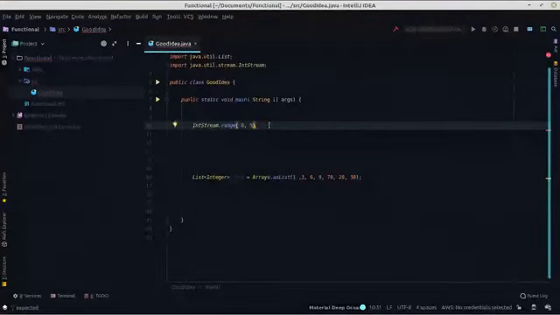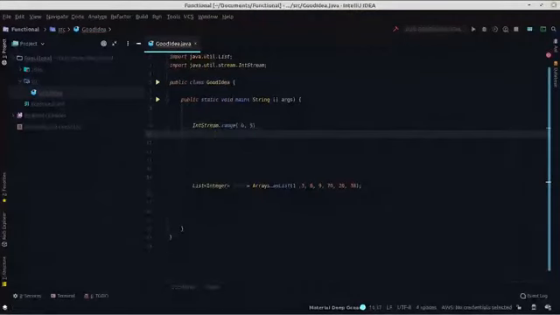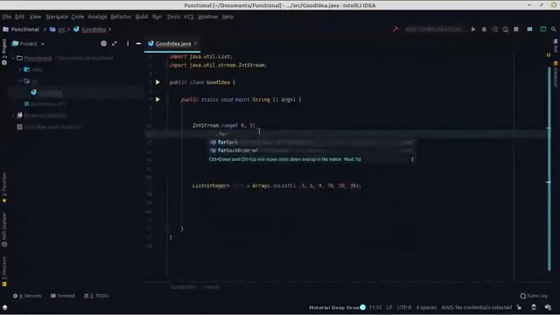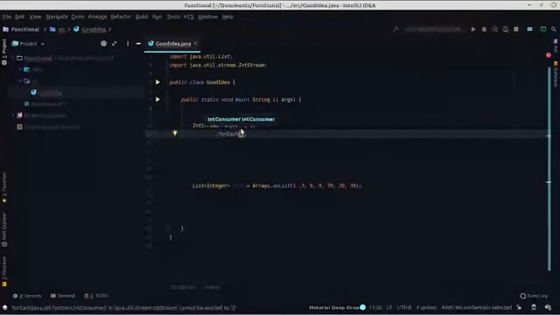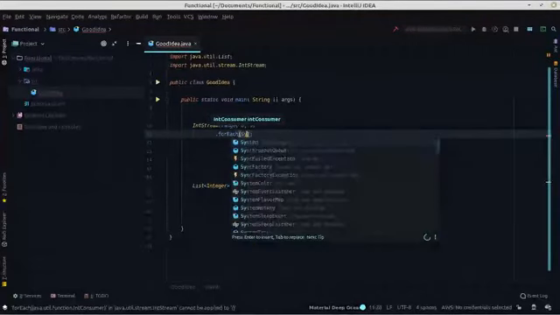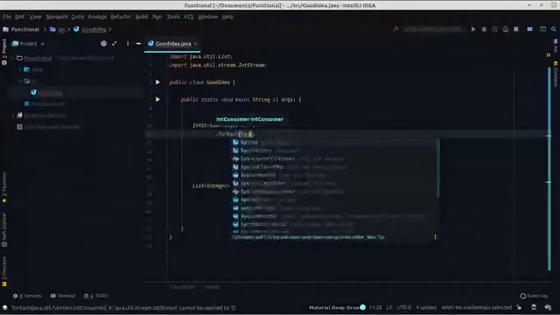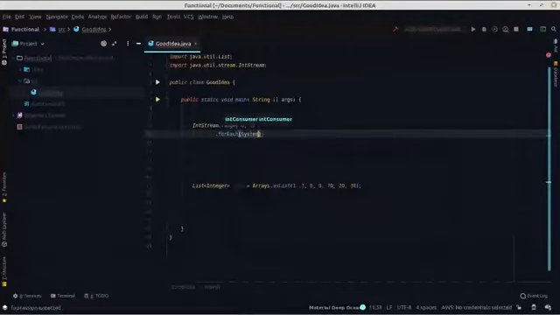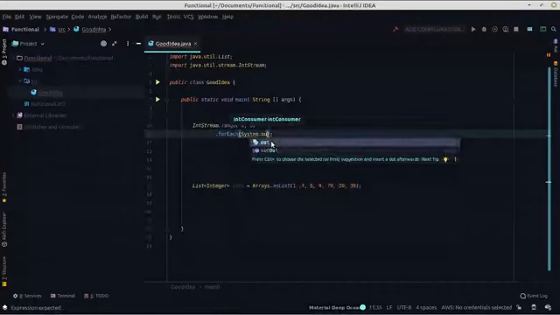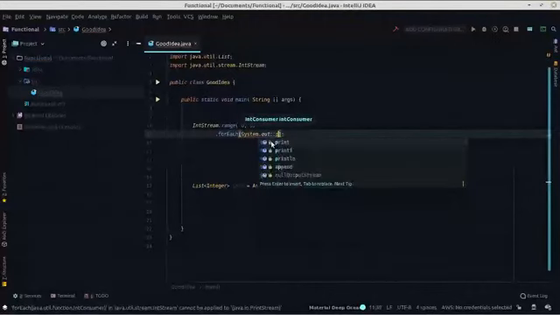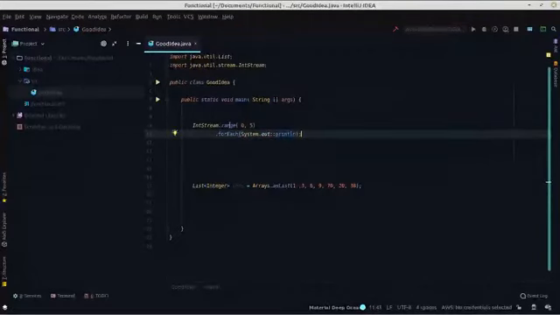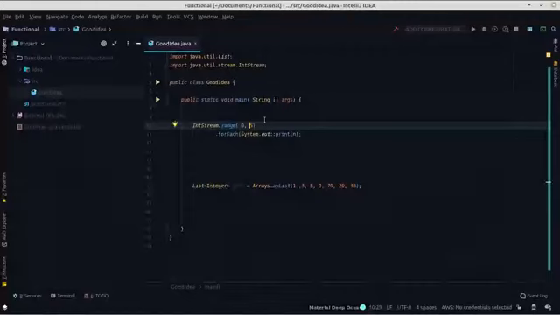Or you can give it in a number. We had 0 to 5. Then we can say dot for each element between 0 and 5, we want to print it. Let's say a System.out, and then we print it, println. This will go through all the elements from the iterator, from one to another, from 0 to 1